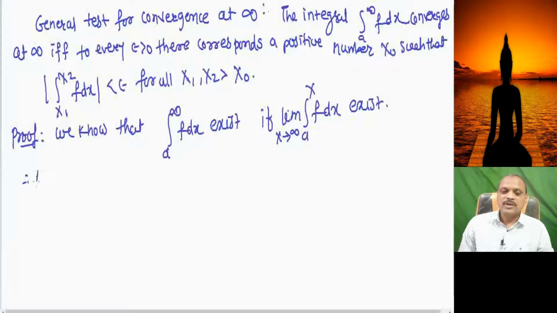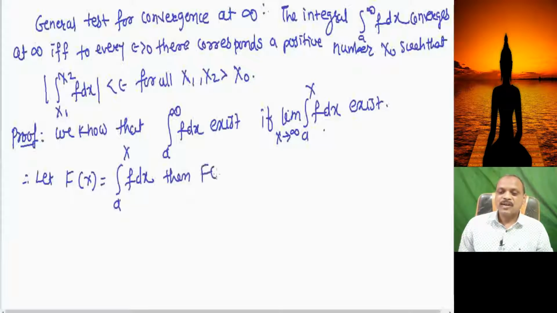Therefore we consider this as a function of capital X, so we write capital F of X equal to the integration of f between the limits a to capital X. Then capital F of X is a function of capital X, and by Cauchy's criteria